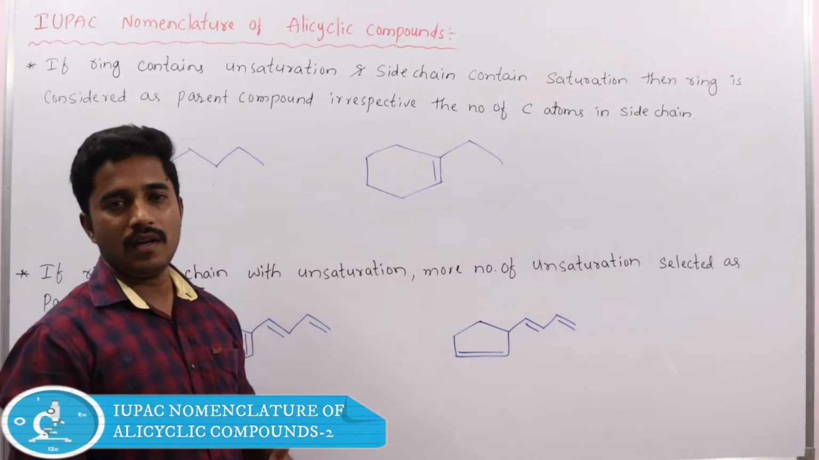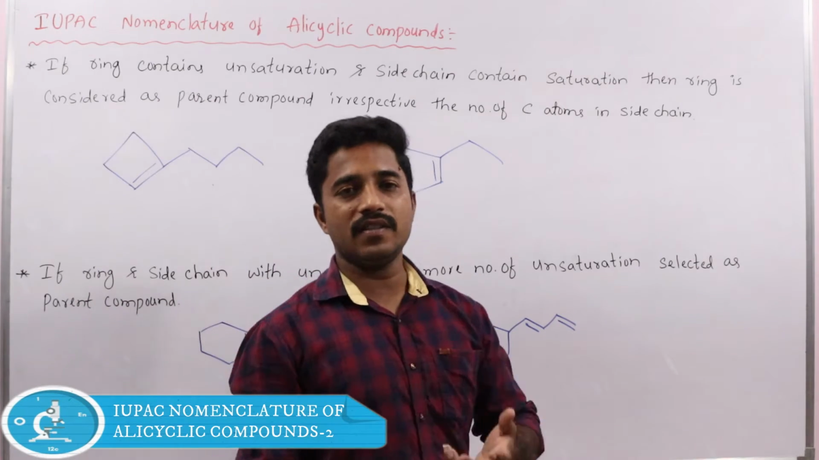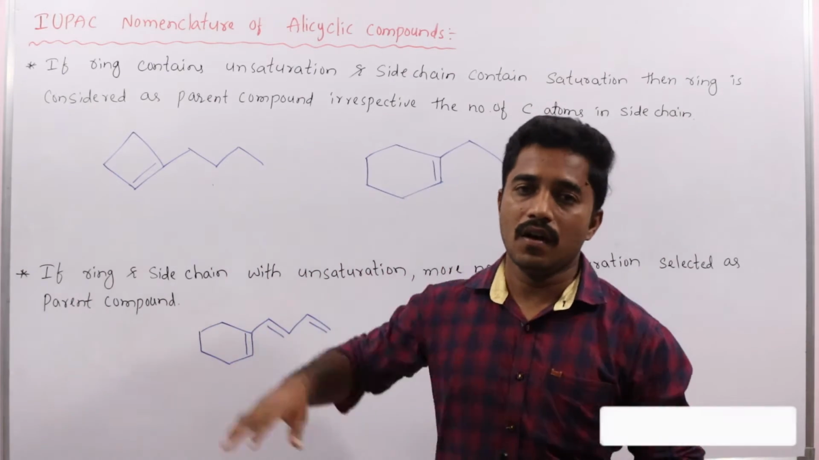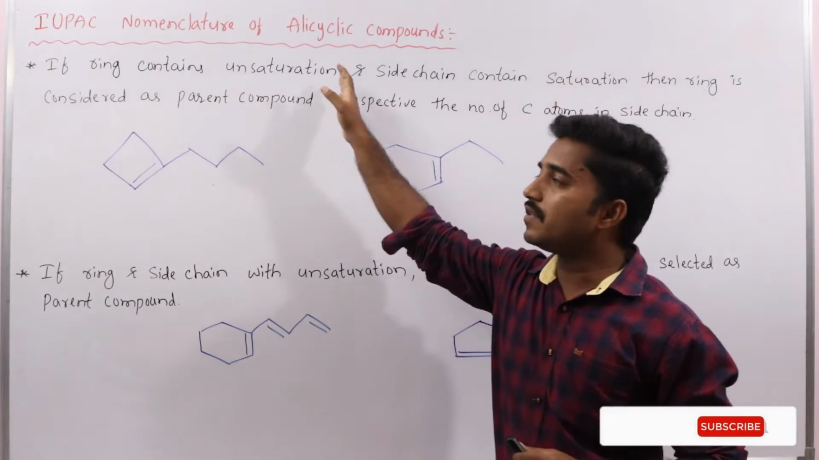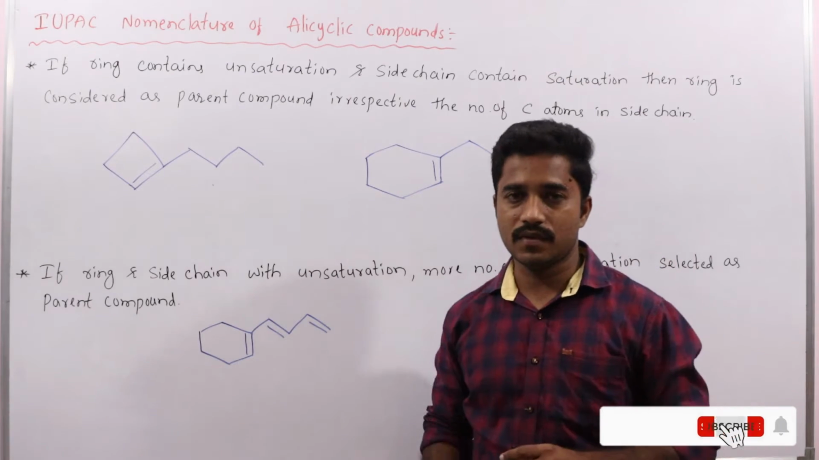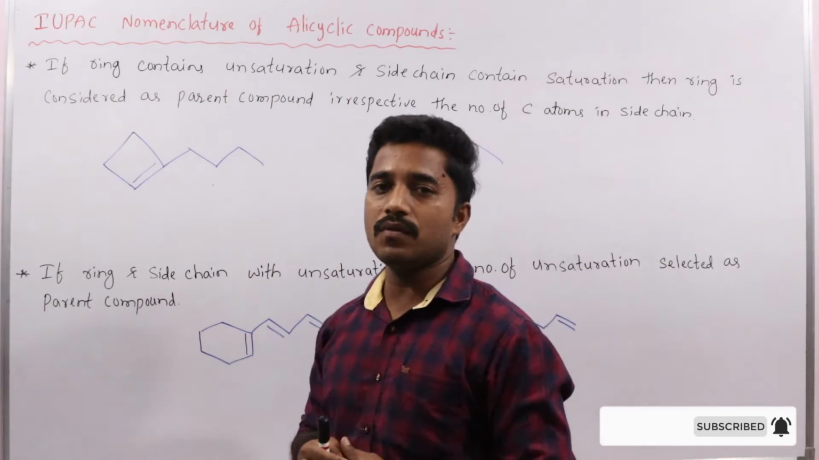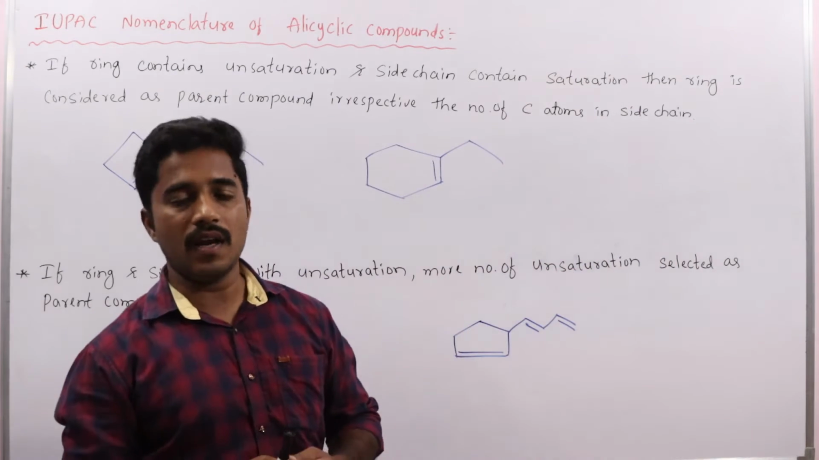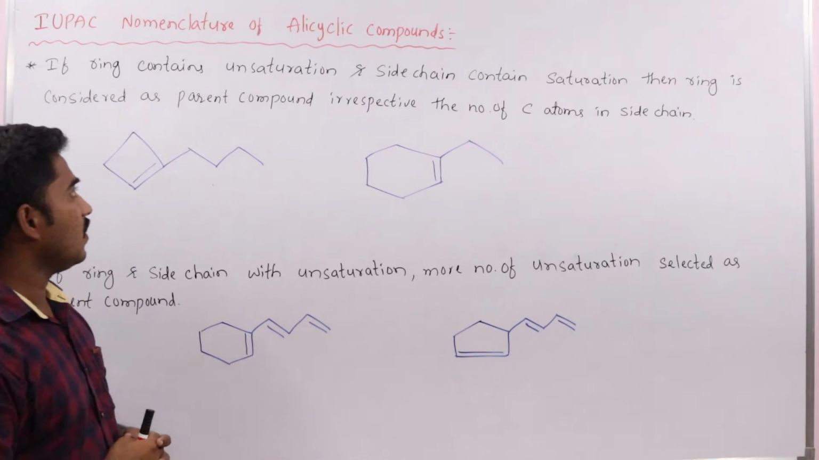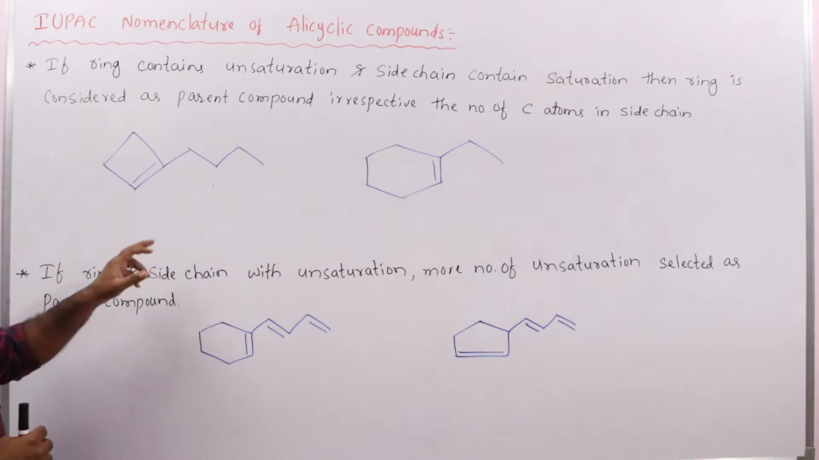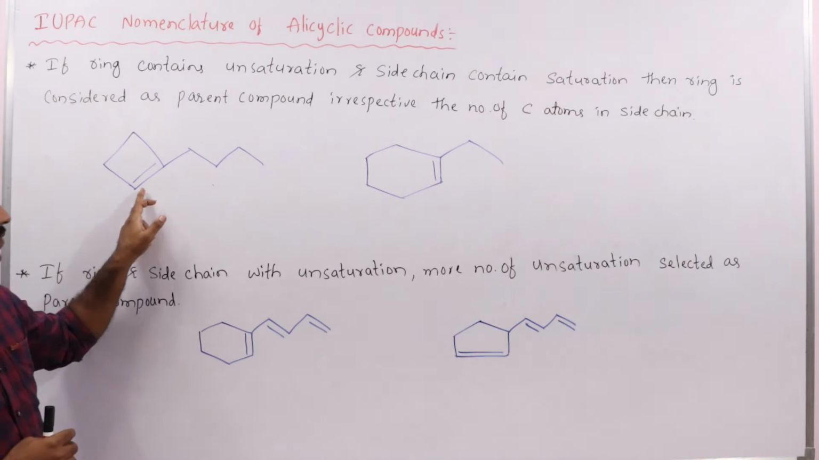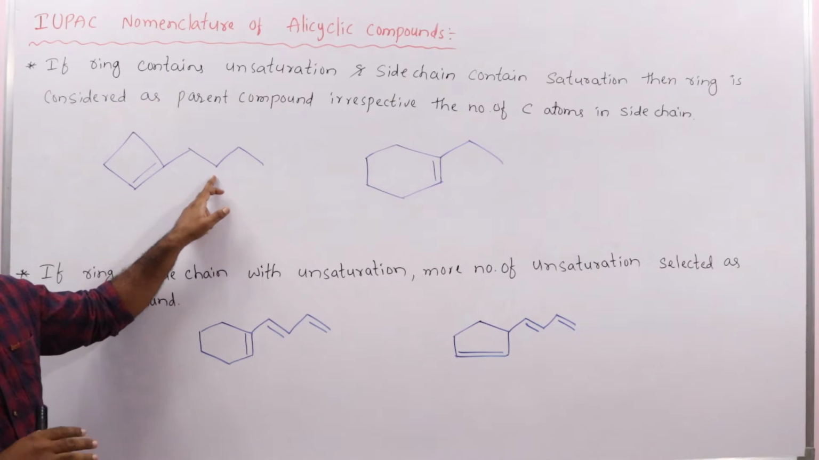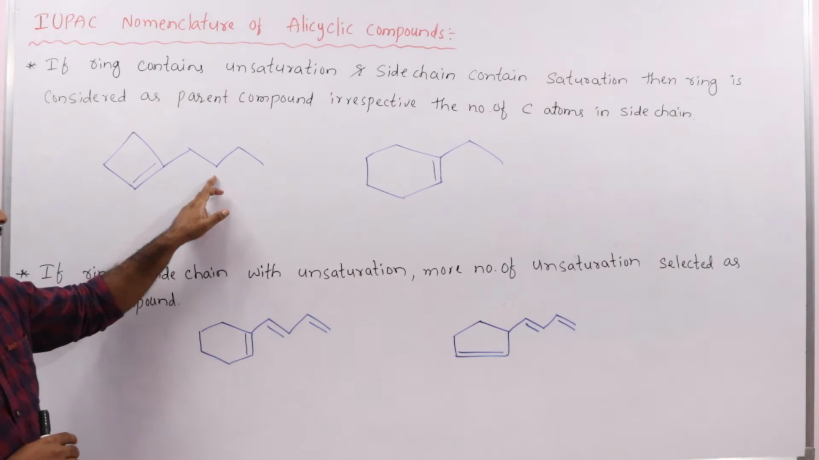Hi viewers, in the last class, we discussed some rules of nomenclature of alicyclic compounds. So let us see some more rules on how to name alicyclic compounds. Okay, here you see, when the ring contains unsaturation and the side chain is saturated, then we have to select